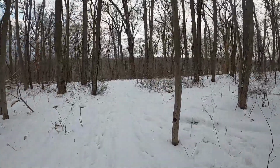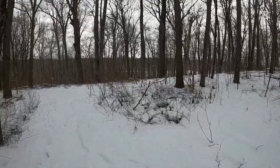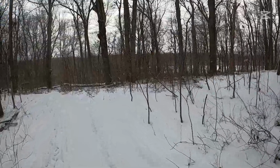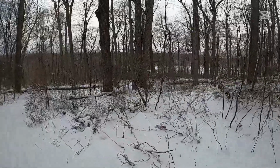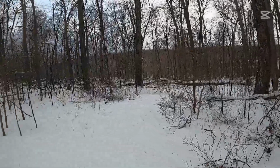We only got about another hour before sunset, and it's going to take us at least about an hour to walk back. So I don't have any headlamps or anything, so I can't see in the dark right now. All I got is my cell phone, which I guess in a pinch it would work, but I don't want to intentionally put myself in that type of situation. So